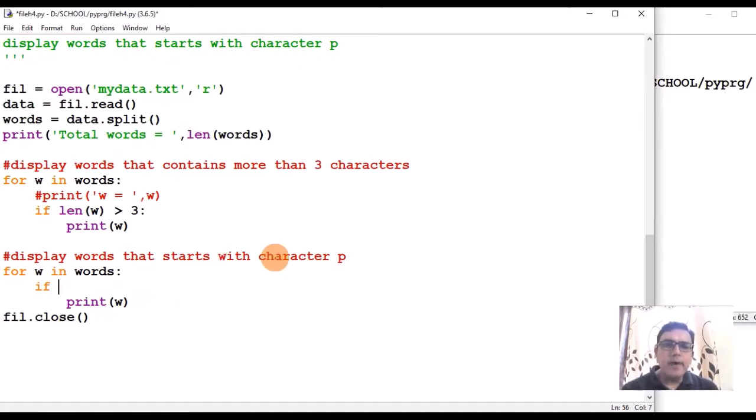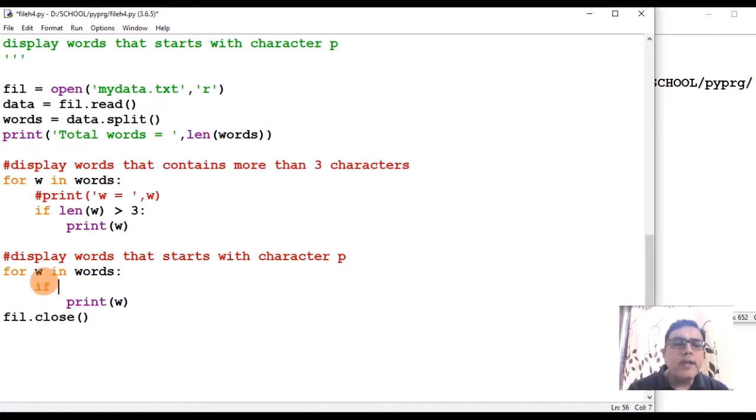Now in the third part of this question, what we have to check is: display the words that start with character P. Okay, so again I will iterate on the list words because again I have to check each and every word, right? So from the first word till it reads all the words in this list. Now after reading, the first word will go in W, then next time the second word will go, the third word, right?